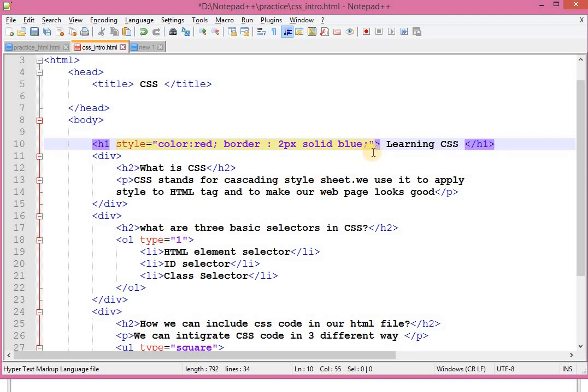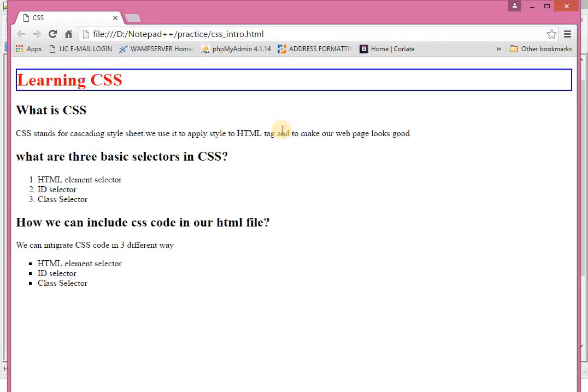Don't forget to put a semicolon after every pair of property and value. This is property, this is value, this is property, this whole thing is a group property. So whenever you mention only border, you have to specify the width of the border, the type of the border and the color of the border. Save. You can see that.